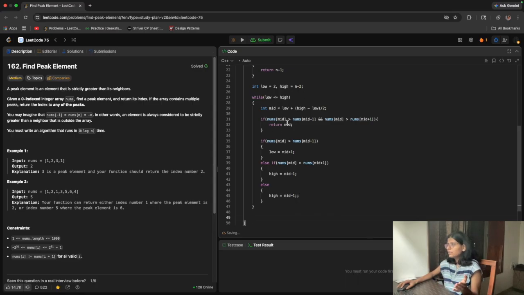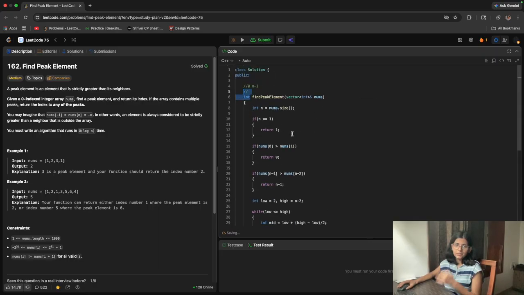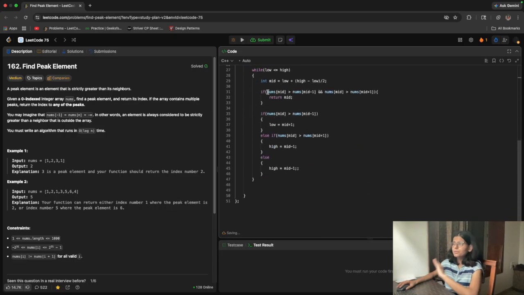We'll get the answer from here and return it here itself, but we need to return something here because the return type is int. So we'll just return something if nothing has happened. If no index is returned, I will return an invalid index, which is minus 1, though it won't be possible anywhere. We'll get a peak point in that array and return the answer inside, but we need to return something because it is int type. So we'll do this and just run it.